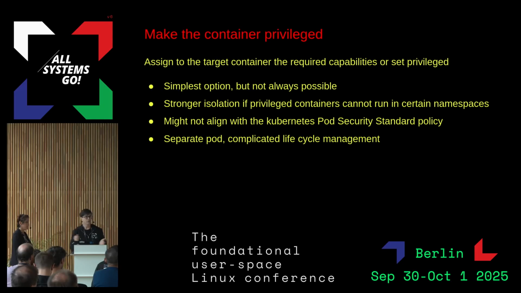So one of the solutions that we considered before is to just make the virtiofsd container privileged, and that's fine. It's the simplest solution, but it's not always possible. Also, you are trusting the user, because we said before that the virt-launcher is not trusted, so you can enter that container and get a root shell. The other is to have a privileged container, but in a different namespace where maybe root containers are allowed, but that